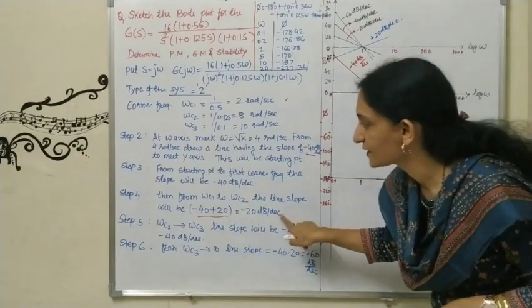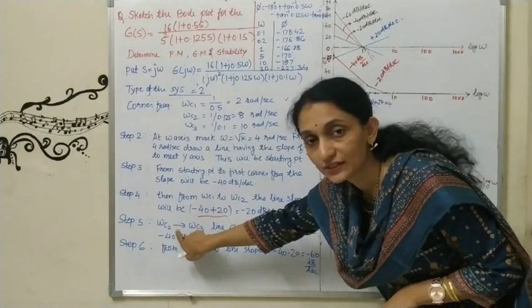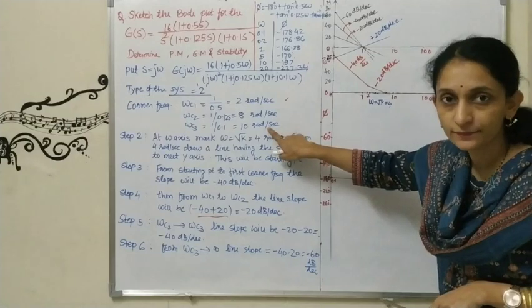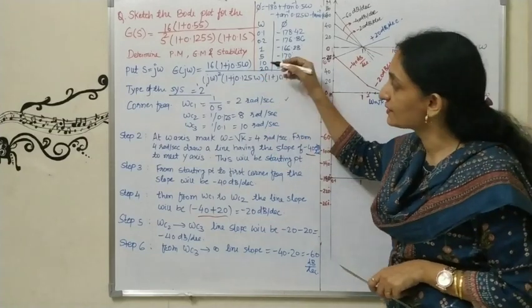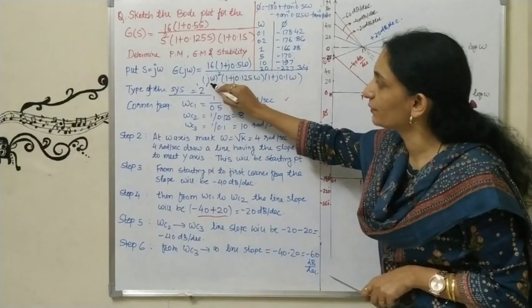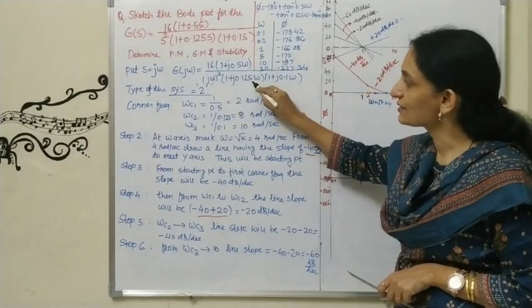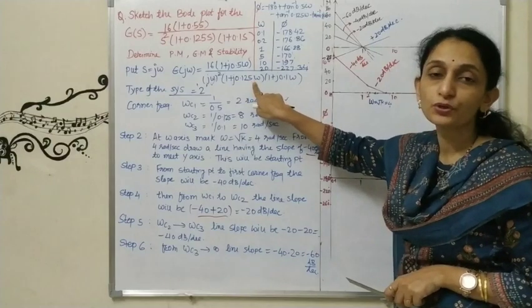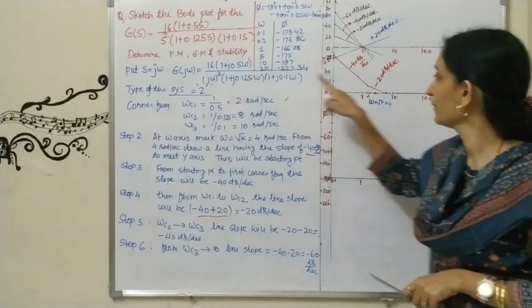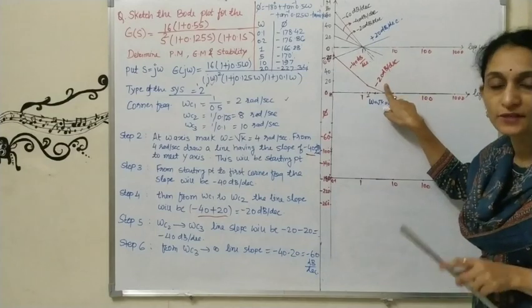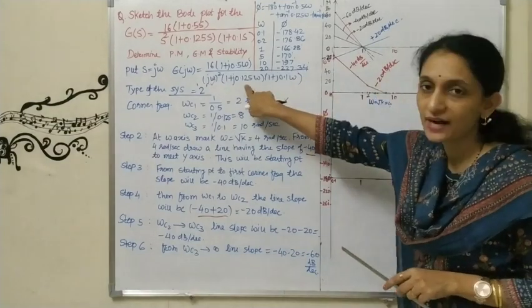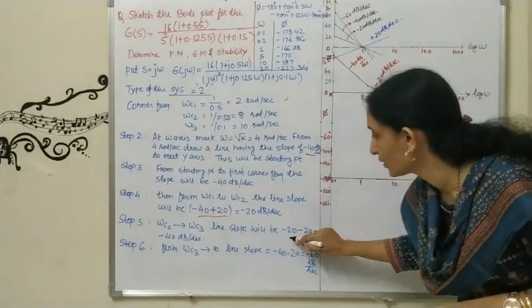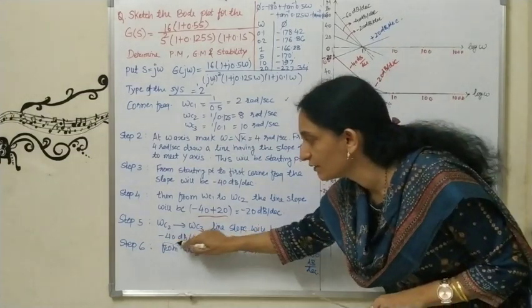Okay. Now next step. See, from omega C2, that is 8 radian per second, to the next corner frequency. The next corner frequency is 10. Okay. So which factor will you consider? You have completed with this factor. Now next is the real pole. So one pole is there. Okay. So this pole will contribute a line slope of minus 20. Okay. So look at this. The previous slope is minus 20. Now you need to add the slope of minus 20. So minus 20 minus 20, it will be minus 40. Look at this. Minus 20 minus 20, it will be minus 40.